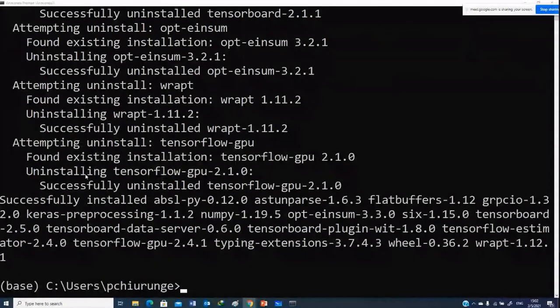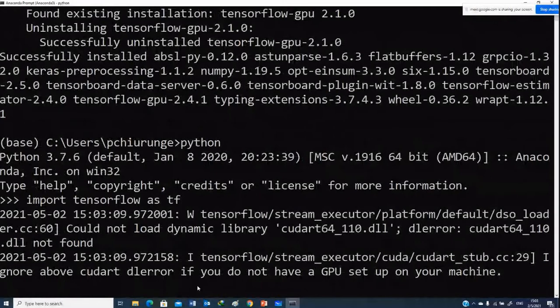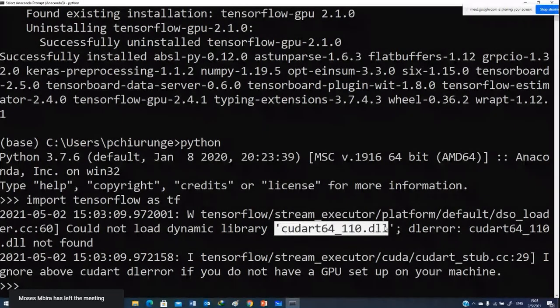Yeah, so you can see the installation was successful. TensorFlow is installed, and then on the prompt I can type Python, then import TensorFlow as tf, and then it will... Okay, so you can see now this one is expecting some files to be installed, some DLL, and based on this error I know I don't have the correct version of the DLL that is required to run